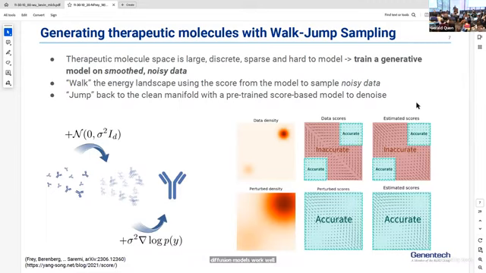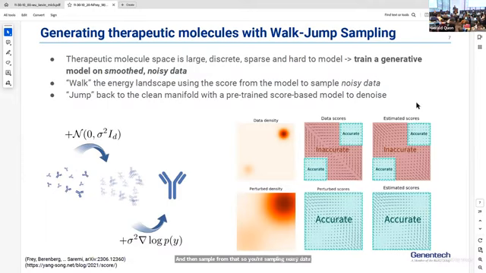There are lots of tricks and cool things to make diffusion models work well. So we have kind of transformed this discrete modeling problem into a very simple one of trying to model smooth, noisy data. And we've introduced this method called discrete walk jump sampling. So the idea is that discrete protein sequences that form a distribution is very, very hard for a machine learning model to learn. So don't do that. Instead, learn the surface of some kind of noisy, smooth space, which are not proteins. It's a noisy distribution. Train a model, could be an energy-based model, could be a score-based model, to walk or sample this new smooth energy landscape, and then sample from that. So you're sampling noisy data, not